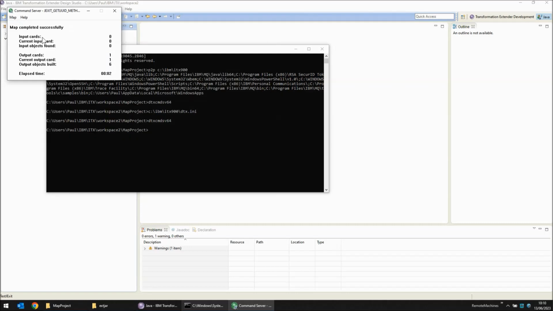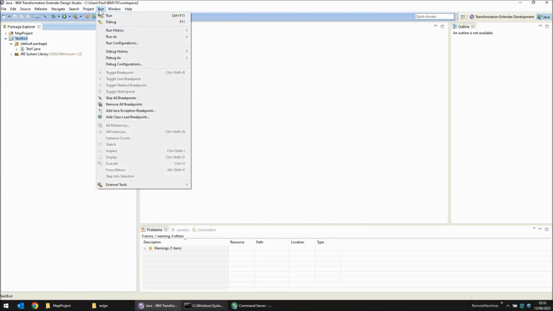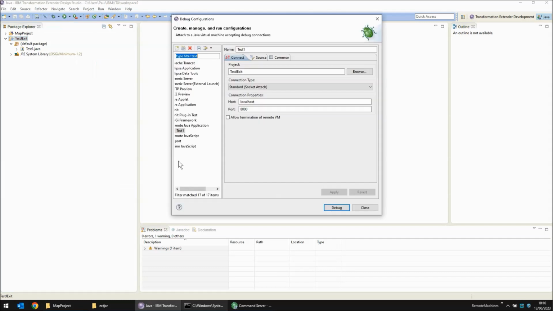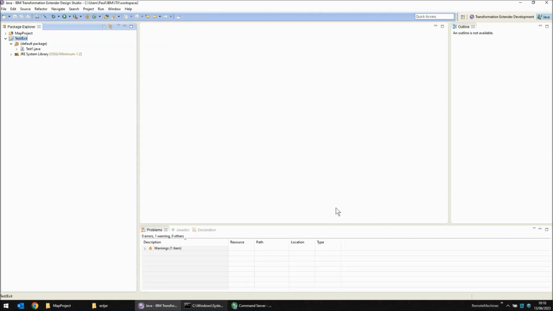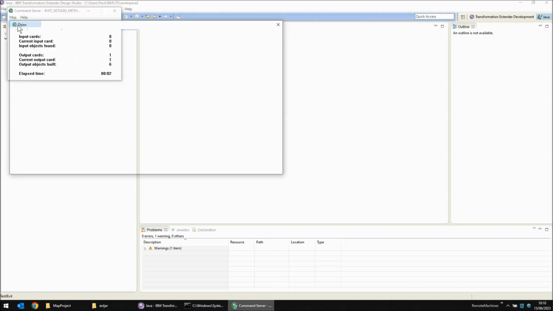The map has completed successfully. I'm not going to close this window. It has started the debug server for me. And over in the Design Studio, I now need to connect to that debug server. From Run, Debug Configurations, Test 1, Debug. This time you will note that I do not get the error message, and it is hooked in to the command server debug server. Now from this same window I need to run the same map again,